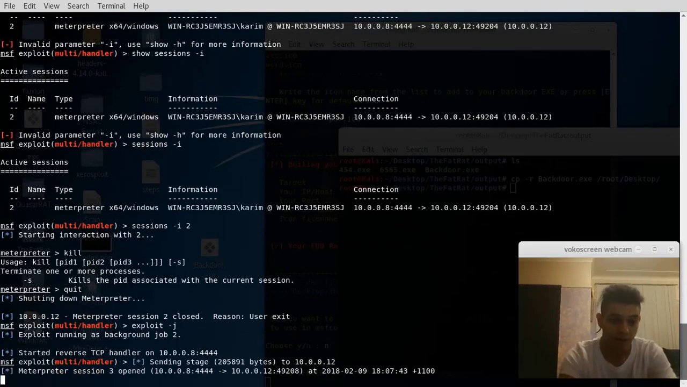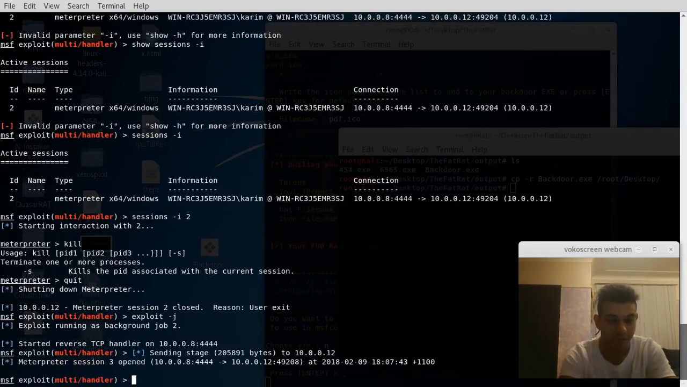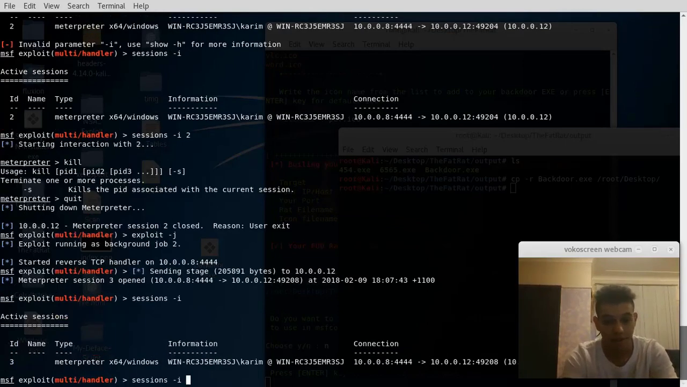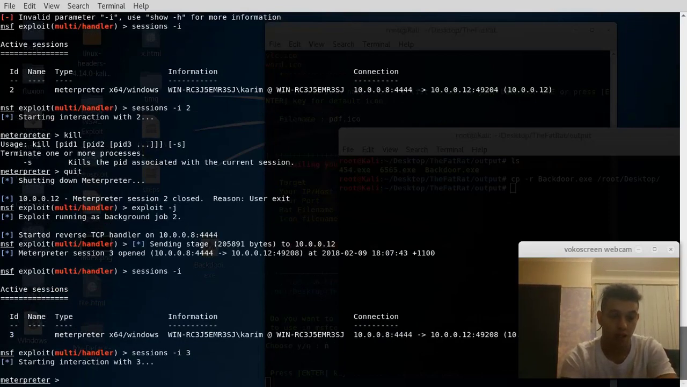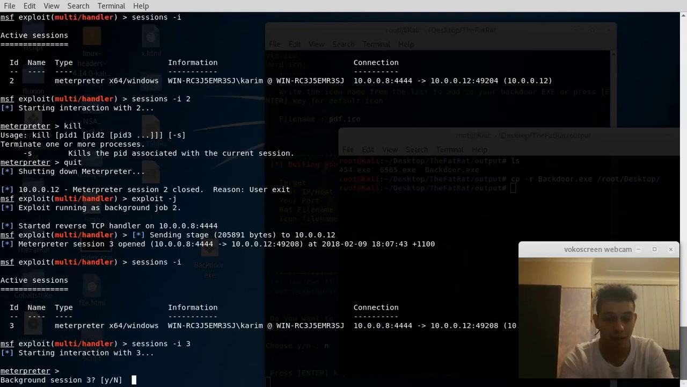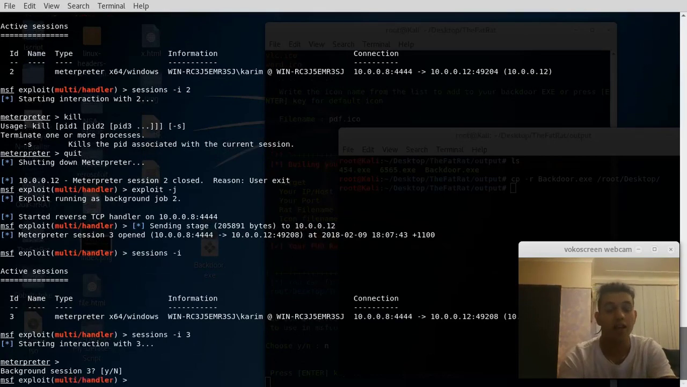Okay, sending stage, receive the session. I accidentally made another session, so that's why I named it session 3. So sessions -i, and then open session 3. Okay, so now let's Control Z and background the session 3. So click yes. And now we're going to use an exploit, Windows local